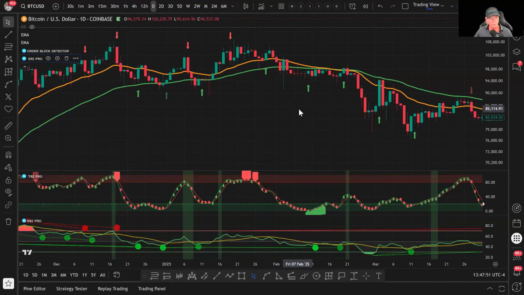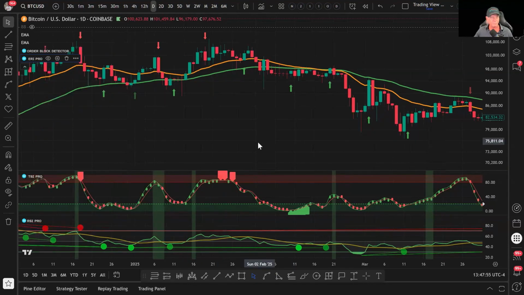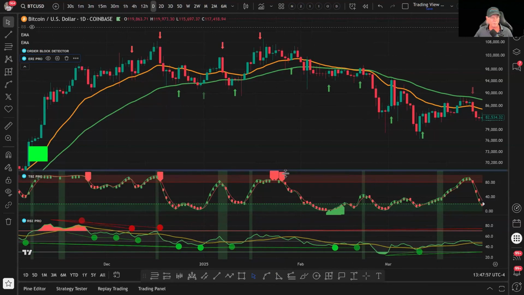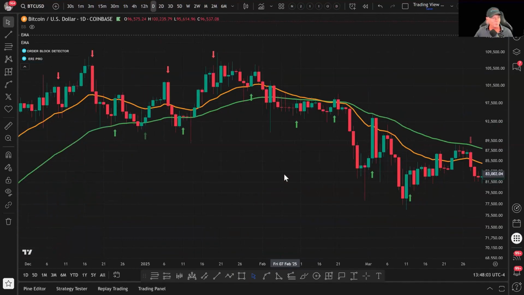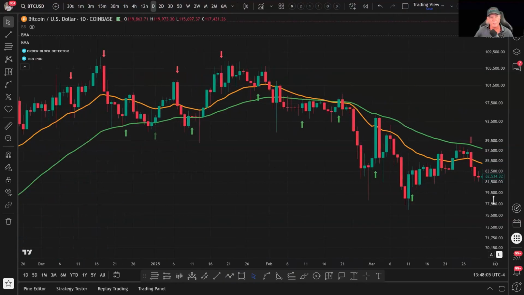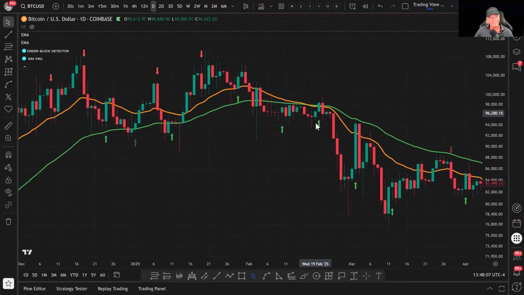Repetition's the mother of all learning. There you go. And then, I don't have Bollinger Bands on here. Don't need, well, do I want Bollingers? Not for now. Okay. So the point not to be lost is if you're below here,